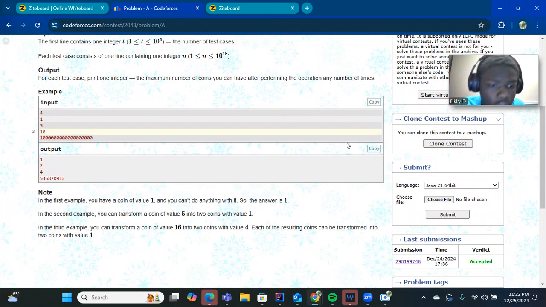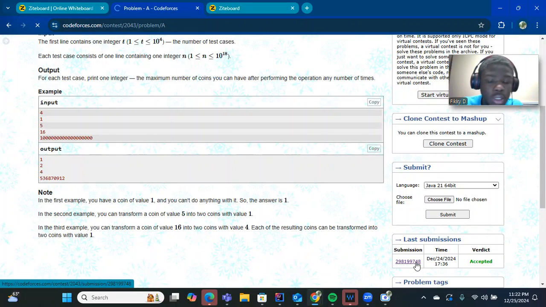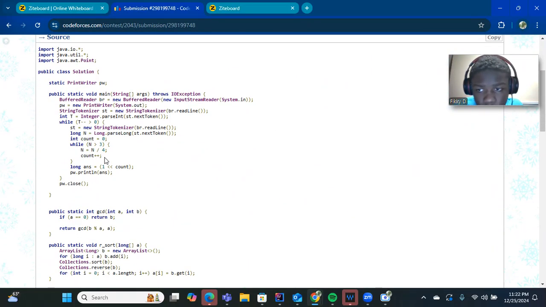You just want to see how many times you can divide it by 4, as long as it's greater than 3, and then 2 to the count will be your answer, because